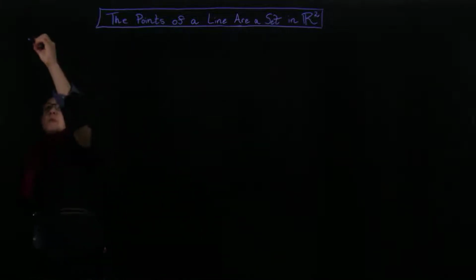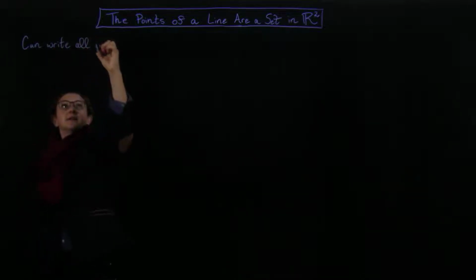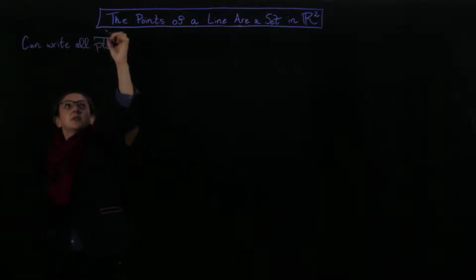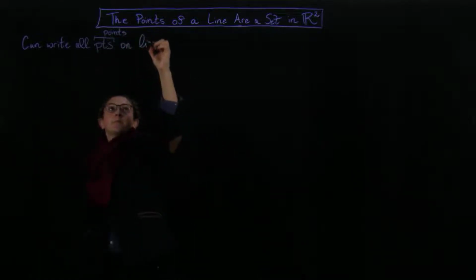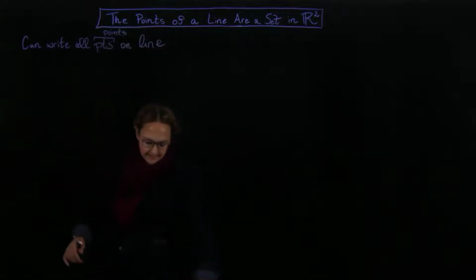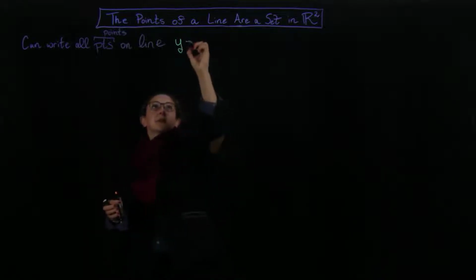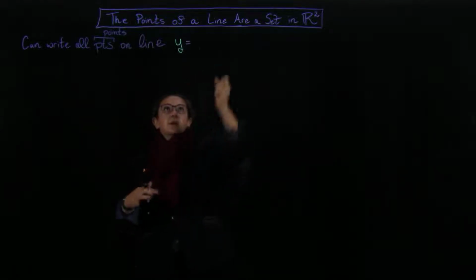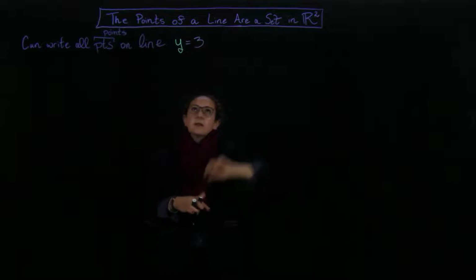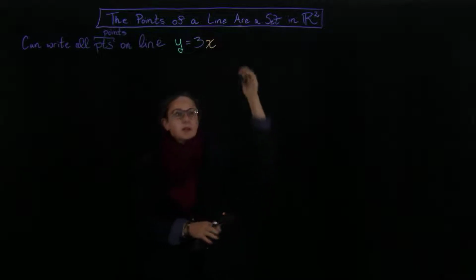So we can write all points on the line. "Pts" is a very common abbreviation for points, so it's good to know that. And we're going to go with our consistent color coding. So this is y equals 3 times our input, x, minus 1,